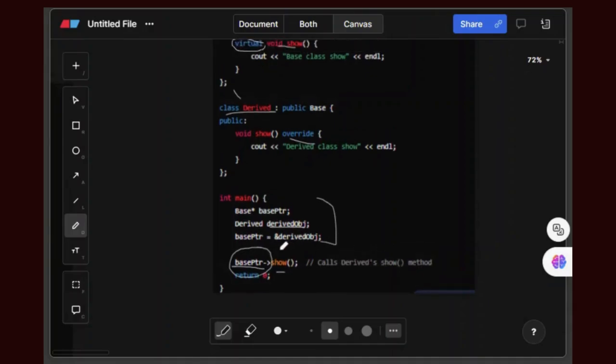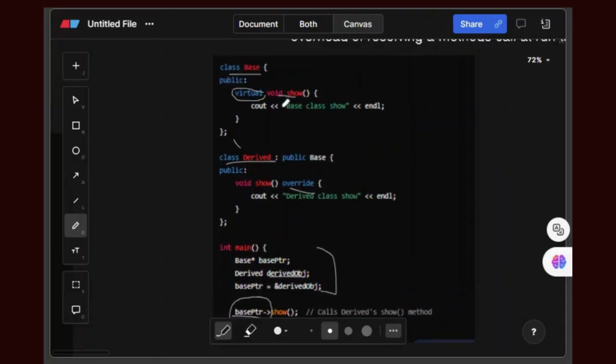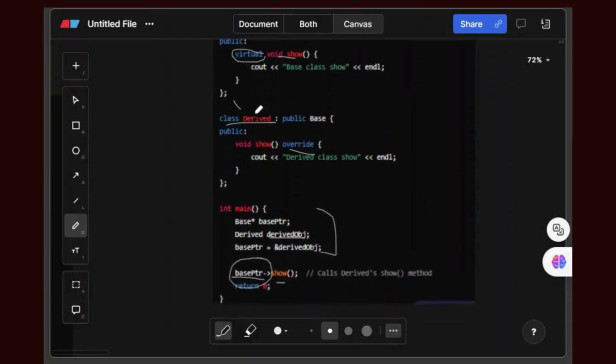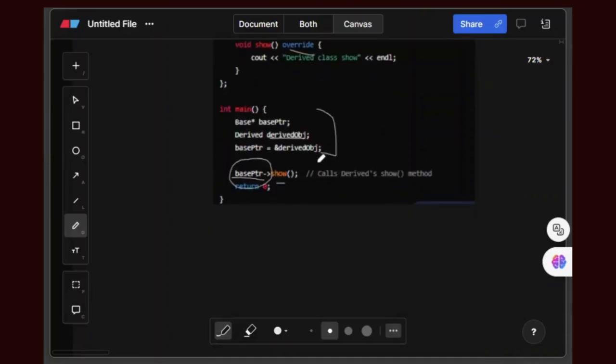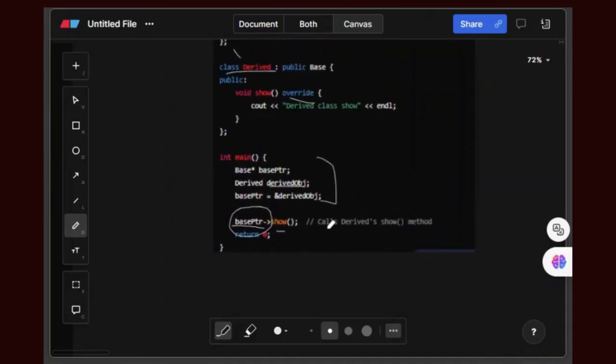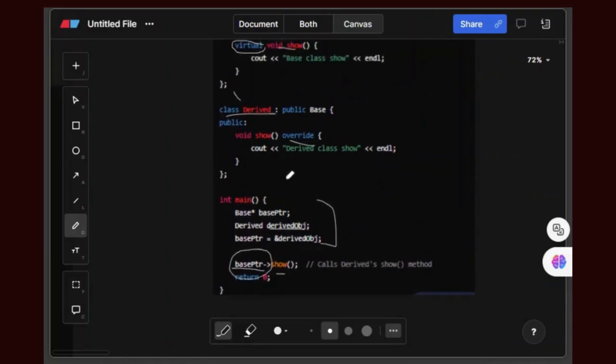Why? Because the show function in the base class is acting as virtual, and the show function in the derived class overrides it. When I call show, the derived class show function overrides the base class show function. That's why the output is the function in the derived class show.